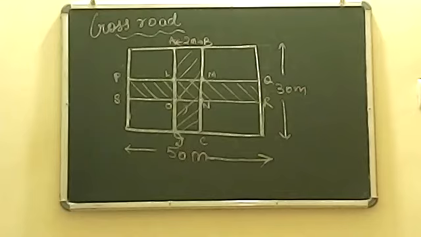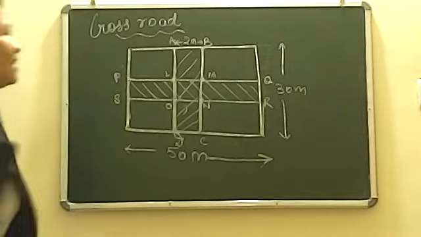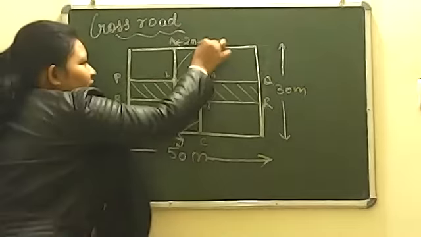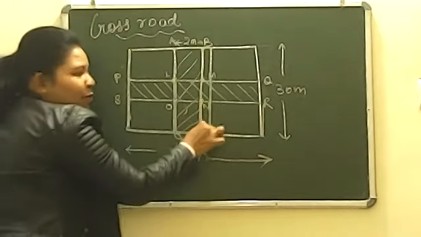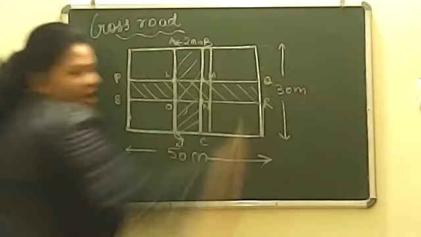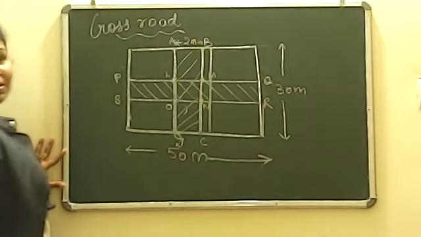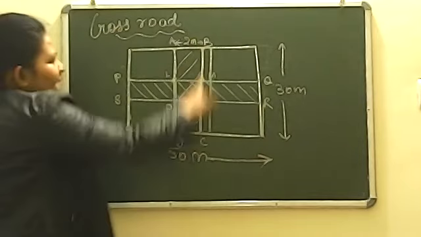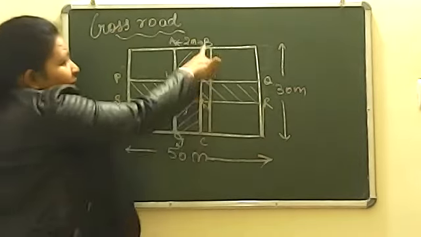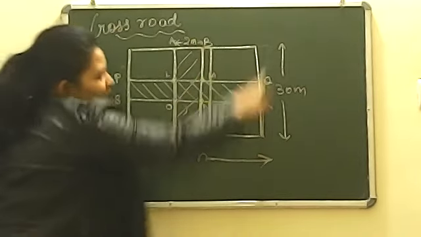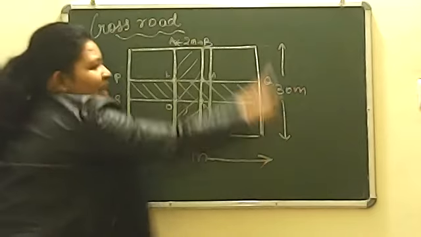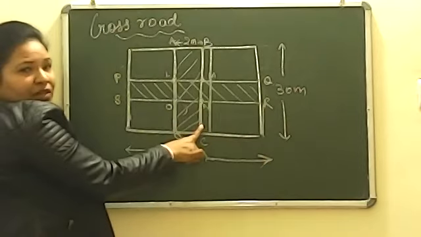Yes, absolutely right. Amit, how did 60 come, beta? It's 30. It's 30. Absolutely right. How is it 30? Tell me. Look here. This is one portion and this is another portion, and opposite it the whole is 30. You have to use your own mind that this line's measurement is not given, but this line is equal to this line. Okay? So this line is 30. So this line is also now 30.